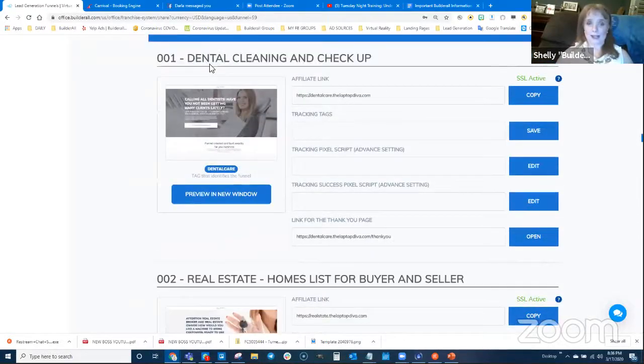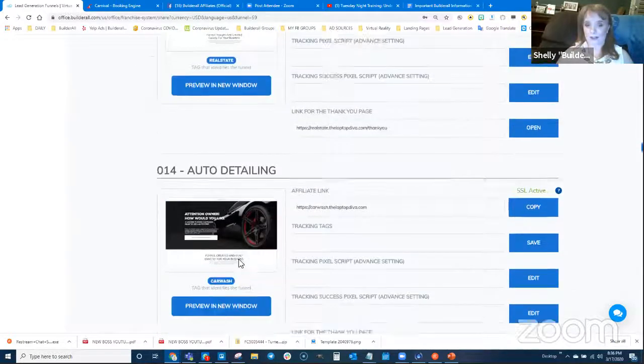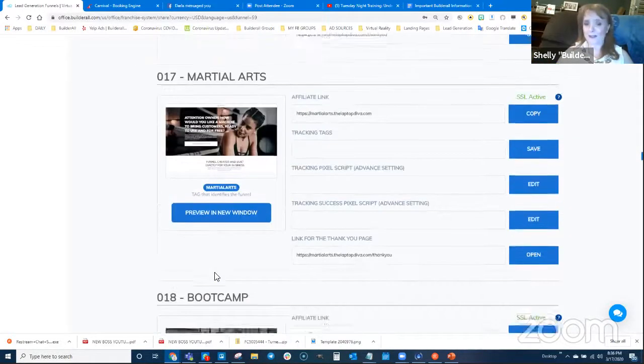And let's say that I've got a dental cleaning funnel that I really like, but instead of dental cleaning, maybe I just want it as dental implant. Okay, so I want to make my own funnel that's exactly like this one, but I just want to change a few things so that it's specialized for dental implants. I can do that by going to the download this funnel option, but I don't have that there. I think they must have removed it.